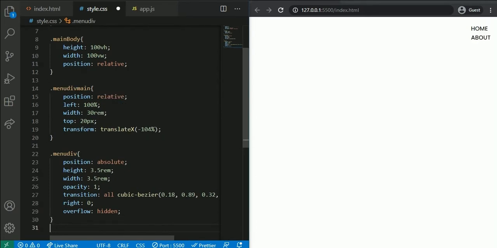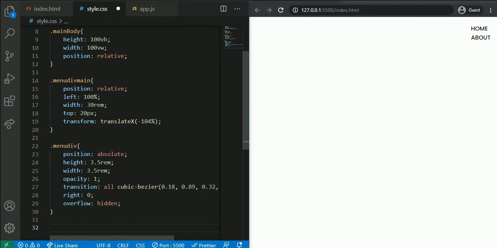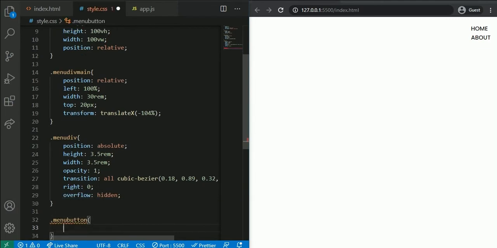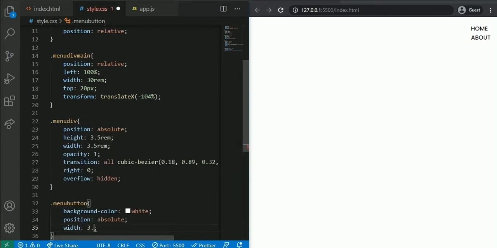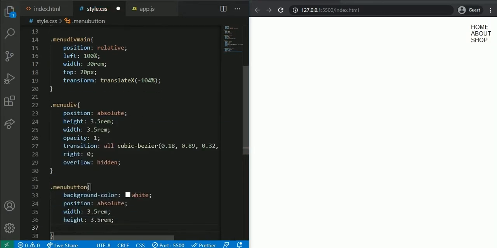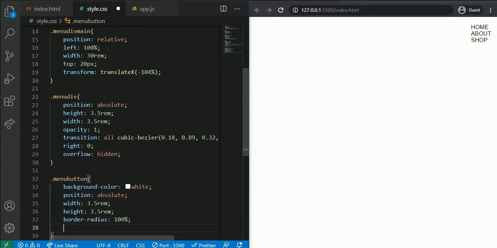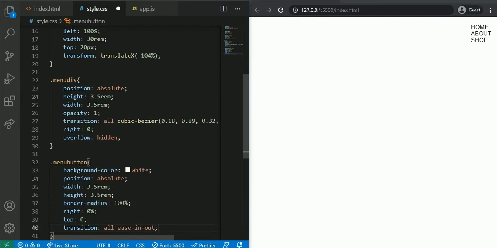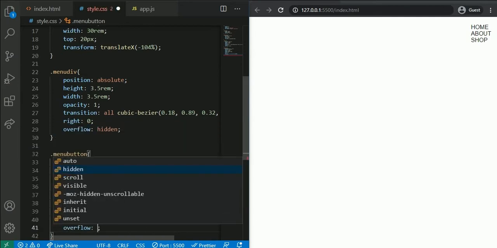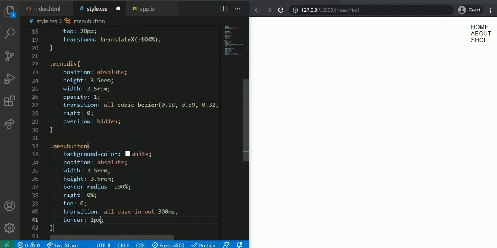If you don't know, ask me in the comments and I will get back to you. Next, grab the menu button: background color white, position absolute, width 3.5rem, height 3.5rem, border radius 100%, right 0, top 0, transition all ease-in-out 300ms, border 2 pixels solid of RGB 97.